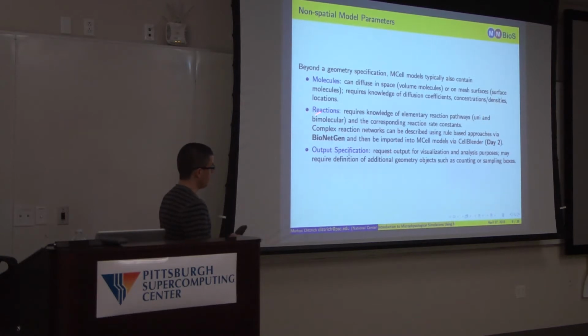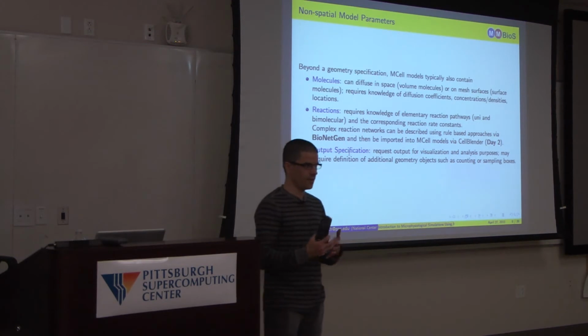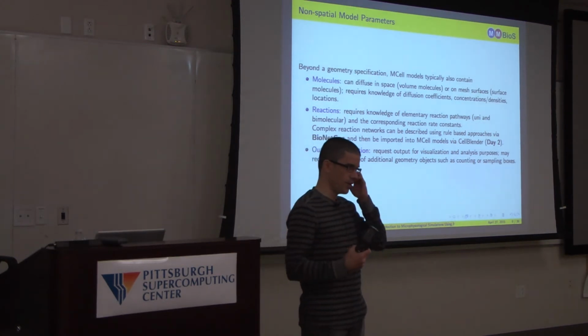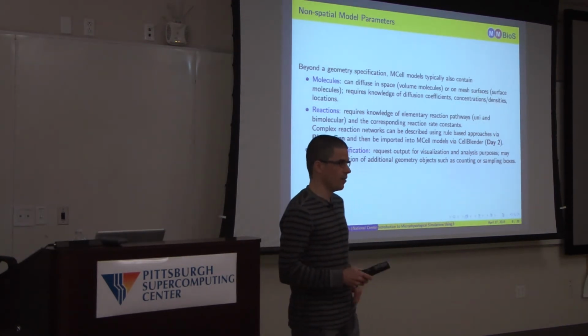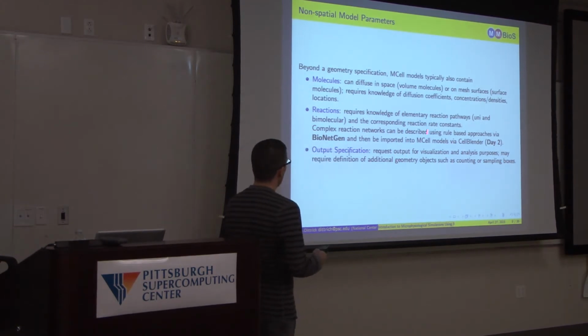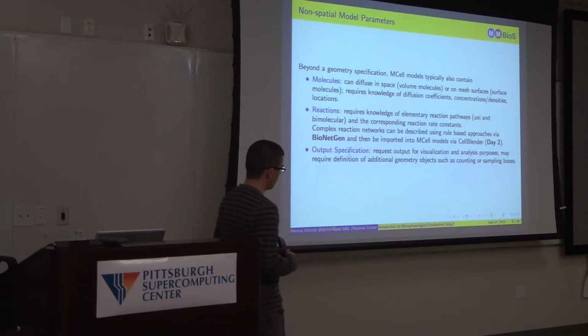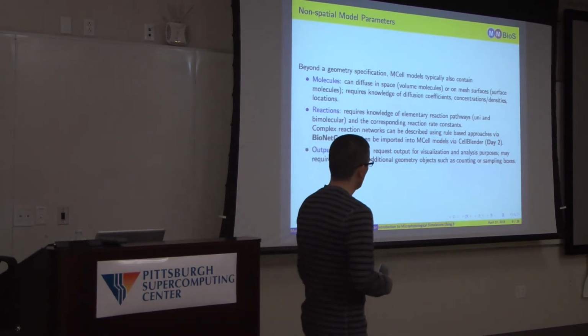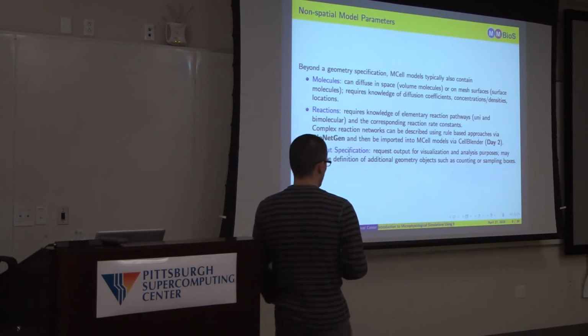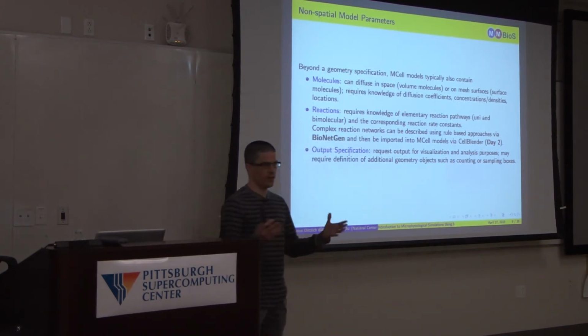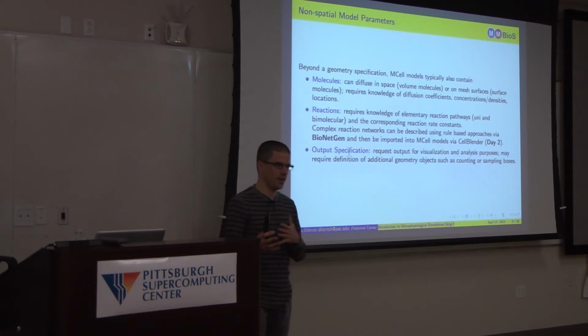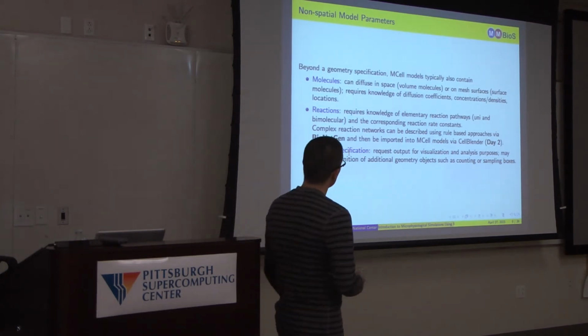The next thing that you need to define is reactions. Typically there are reactions in your system, things interacting, though not necessarily. People who are just interested in diffusion may not have reactions, but typically there's some kind of reactivity in your system, either between volume molecules or between surface molecules, or you have state transitions that correspond to opening and closing of channels or binding and unbinding of receptors. So you would need to define those. And